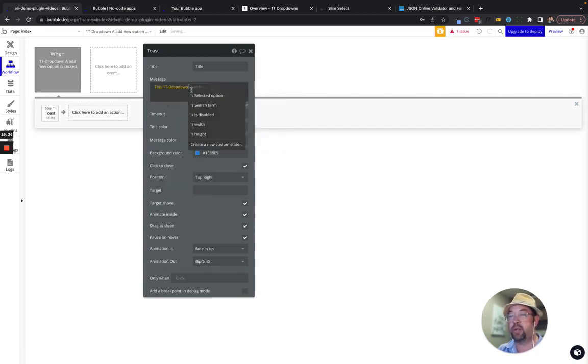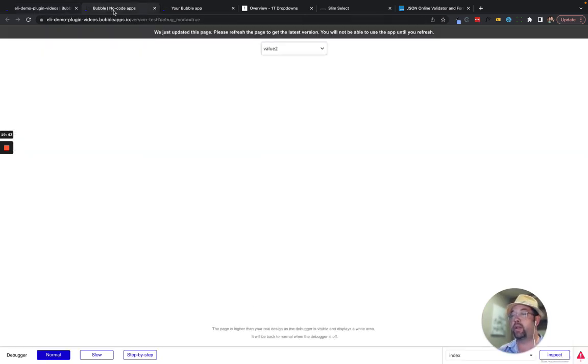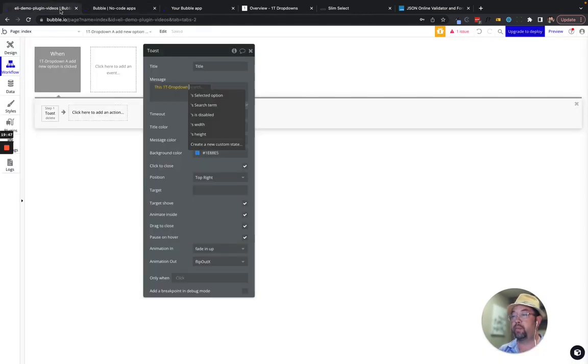We'll say this 1T drop down's search term, right? So search term is the value that they searched for in this search box. So we're just going to do a little alert with the value that was searched, and